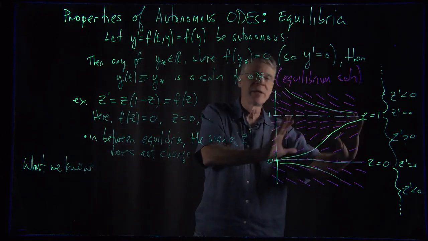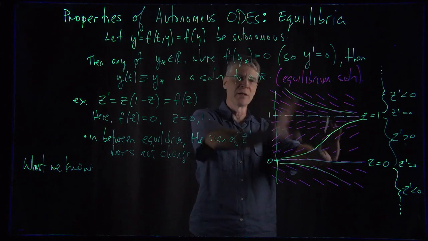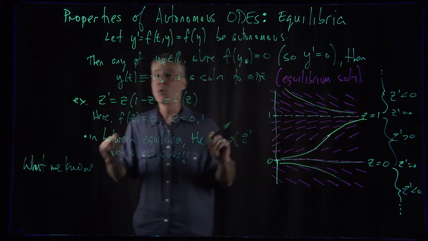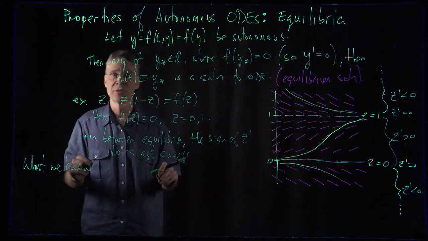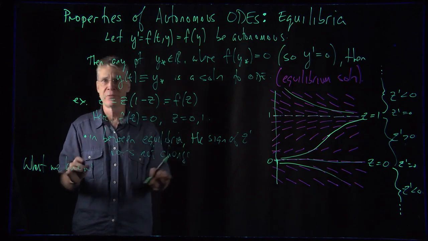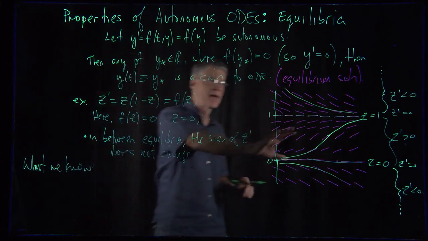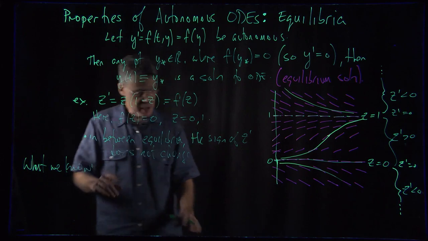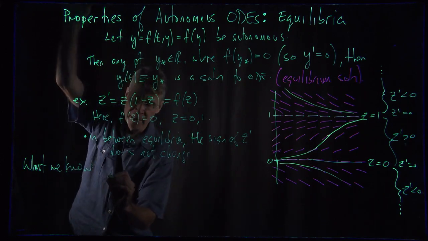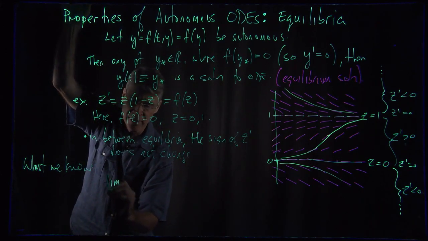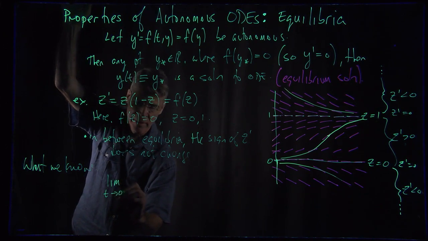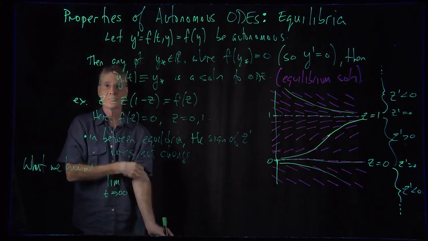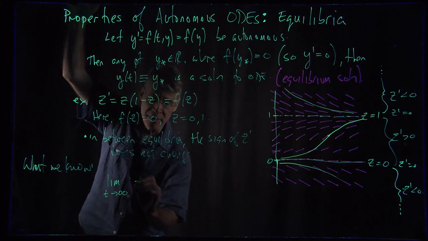So the long-term behavior of the solutions in an autonomous differential equation becomes more important than the actual solutions. What happens as t goes off to infinity? And here we can say a heck of a lot. As a matter of fact, I can say the following. If I'm only interested in the long-term behavior as t goes to infinity of any particular solution,